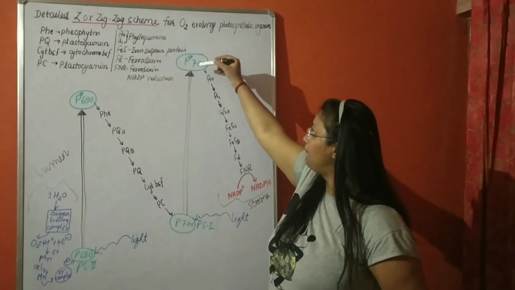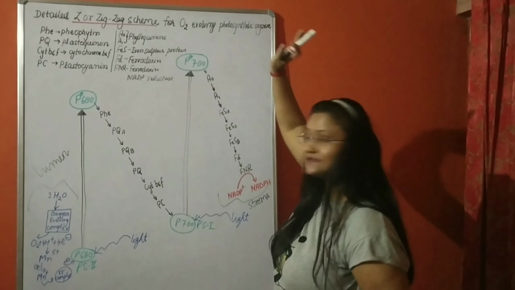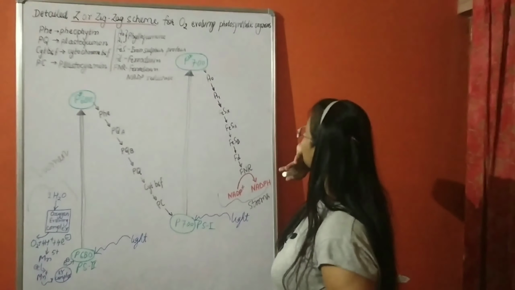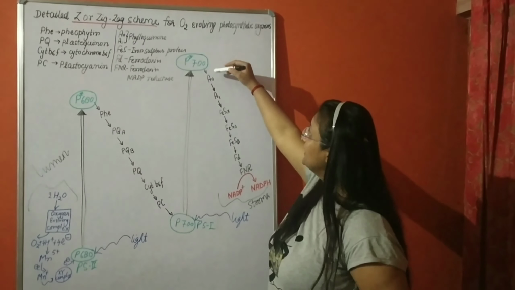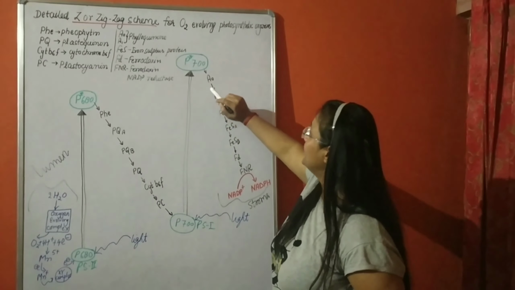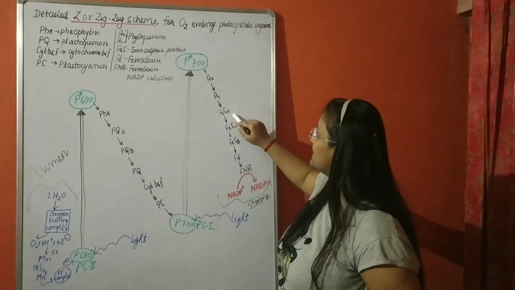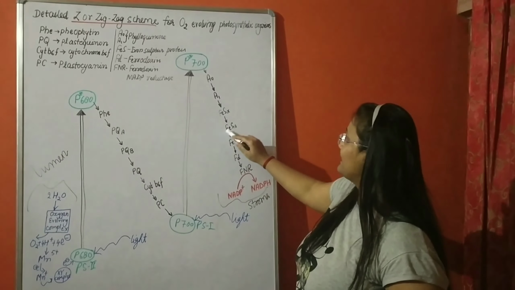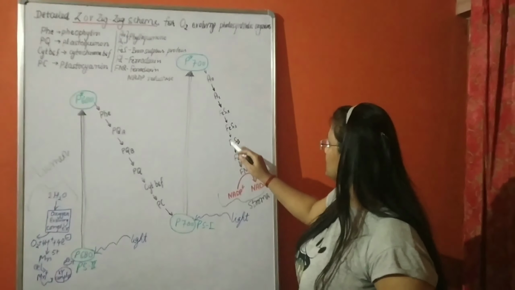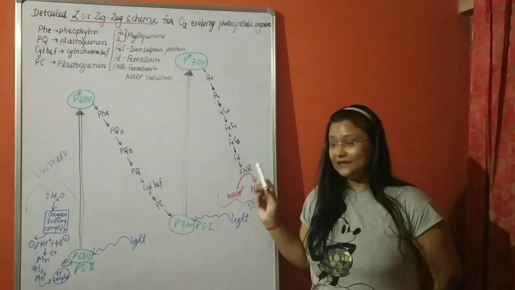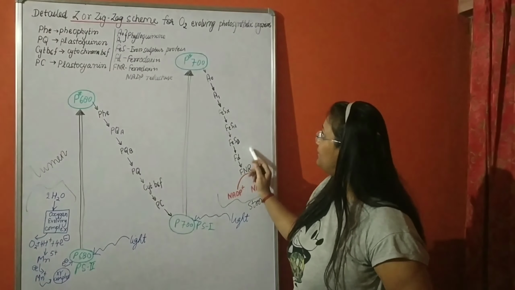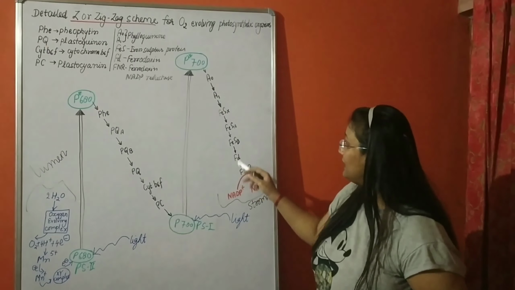Now P700, that is photosystem I, transfers the electron to A0, which is phylloquinone, A1, which is also phylloquinone, FeS X, iron sulfur protein X, iron sulfur protein A, then iron sulfur protein B, then ferredoxin, Fd, and ultimately